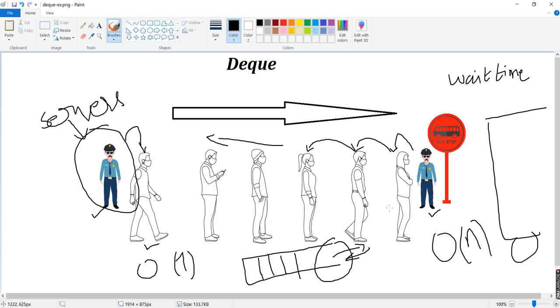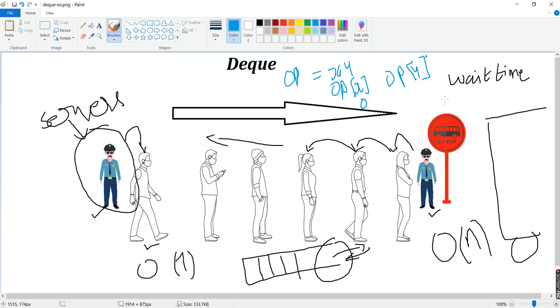Now how this basically looks: OP takes two parameters, x and y. So it will be OP of x and OP of y.